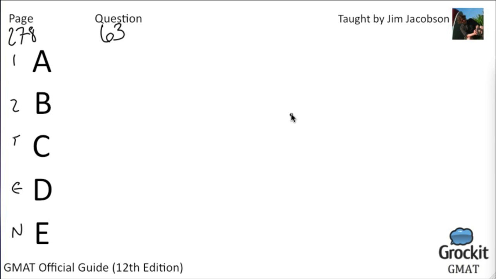Stores L and M each sell a certain product at a different regular price. If both stores discount their regular price of the product, is the discount price at store M less than the discount price at store L? Nothing we get from the initial statement. We just want to know, is M's discount